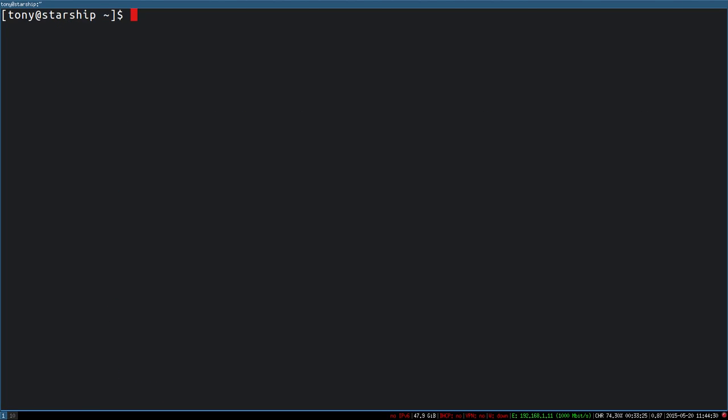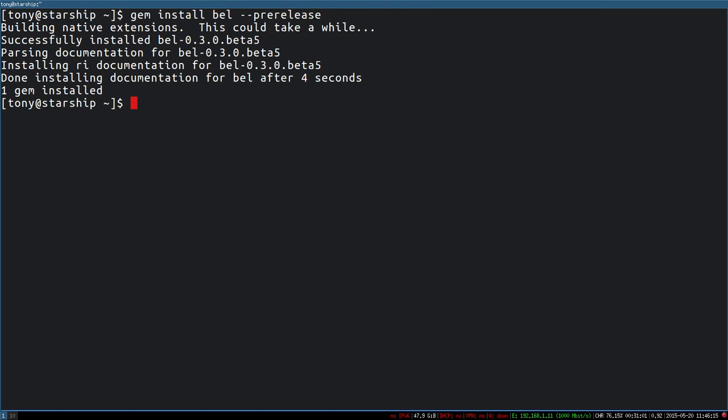So now to install the pre-release version of the gem, we will use the command gem install BEL and tell it to use the latest pre-release version of the gem. Now this takes a little bit of time to build some native C extensions, so we'll pause and resume after it is complete. Okay, now the pre-release gem is installed, and you can see it built the native extensions,